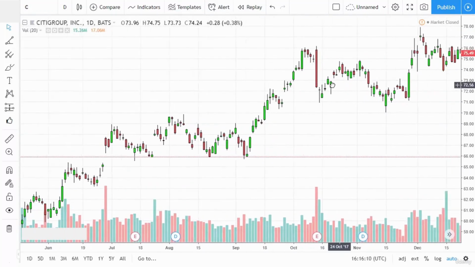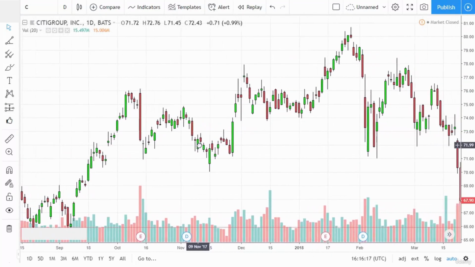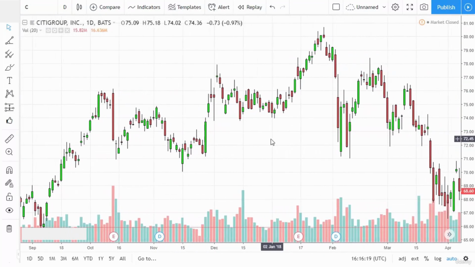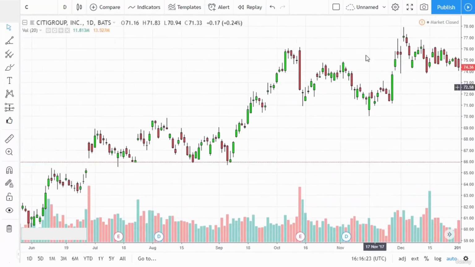Like this Citi one was pretty negative. Your stop loss was up here. You got all the way down to the previous resistance level before it turned back around. You also want to, when you trade these, so this is a perfect example of one that, although it is a nasty bearish engulfing candlestick, you would know that somewhere right here around 70, you're probably going to see some buyers due to the previous